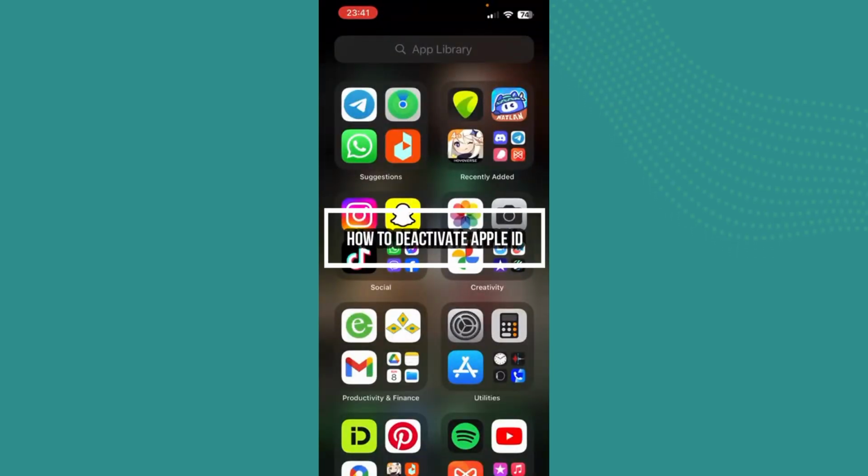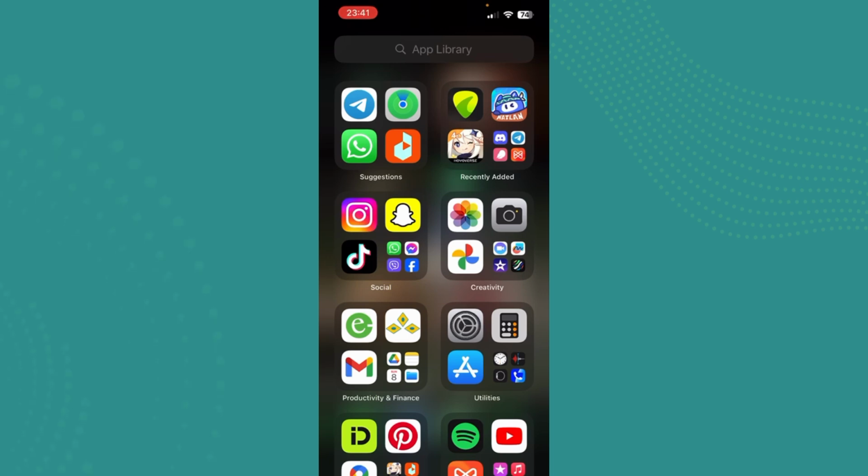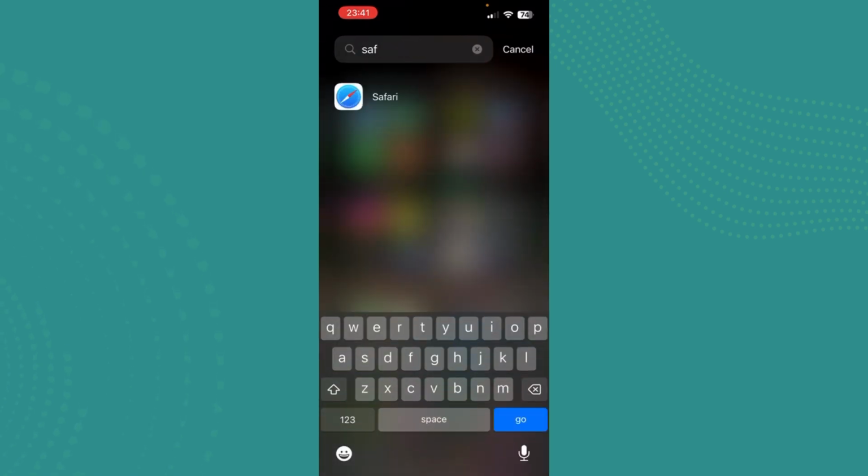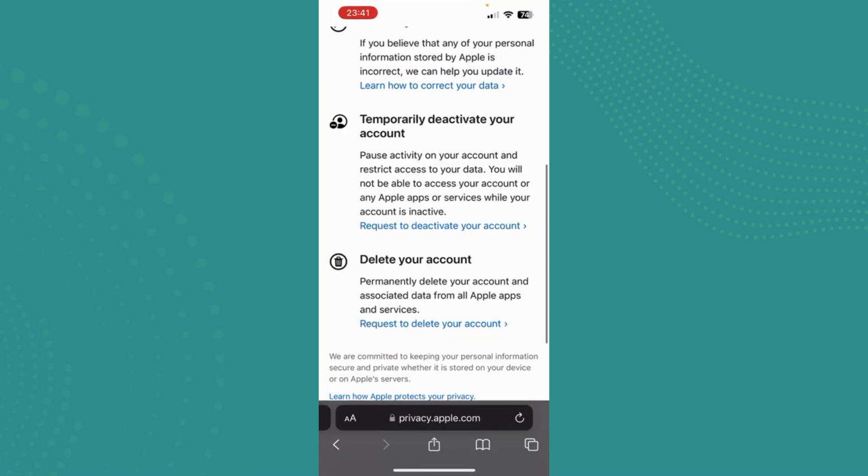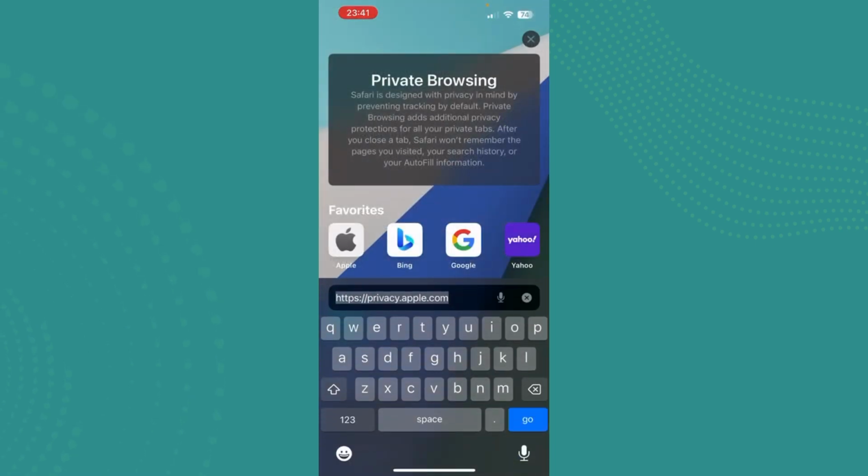In this video, I'm going to be teaching you guys how you can deactivate your Apple ID. So in order to do that, all you have to do is open your browser. You can choose any browser. I'm going to be choosing Safari over here. Open it and all you need to do is go to this website over here,